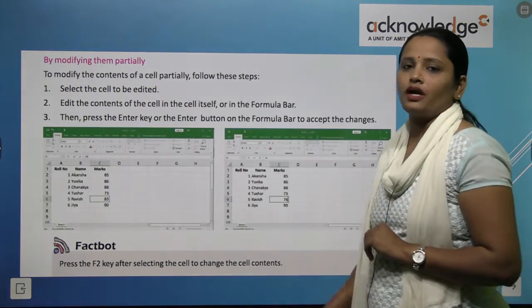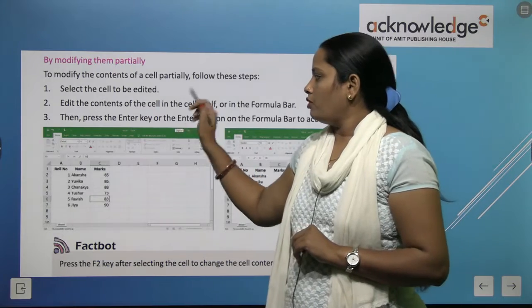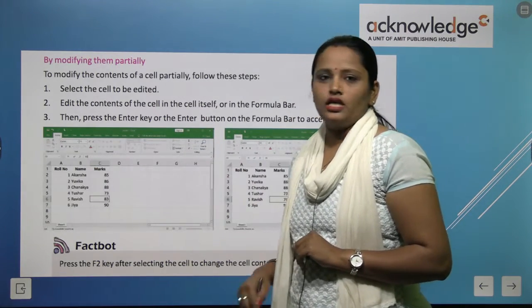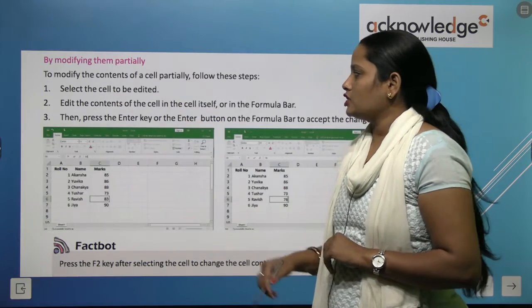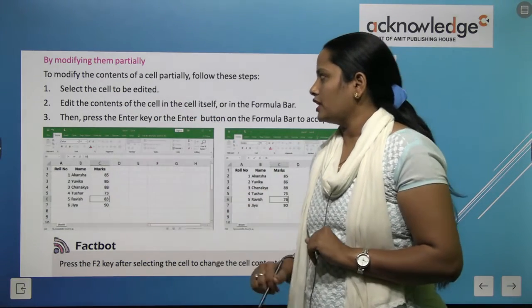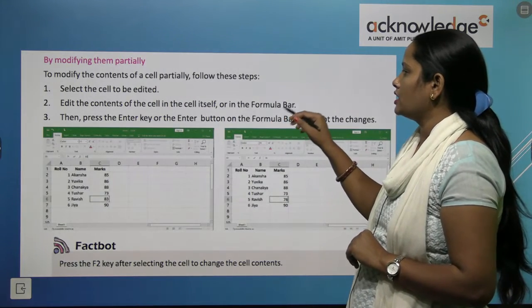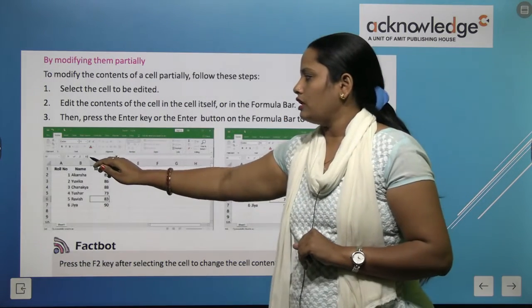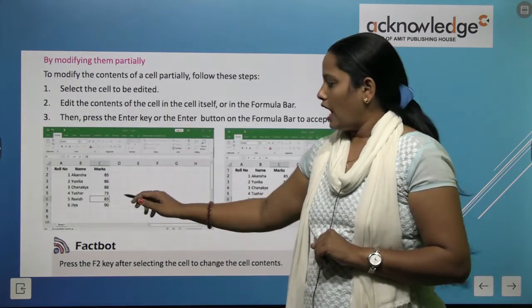By modifying them partially, how can we modify them partially? So for modifying, we have to go to this formula bar. So select the cell to be edited. We have to first select the cell that is to be edited, then edit the content of the cell in the cell itself or in the formula bar. So here we have to go in this formula bar, and from here we can select